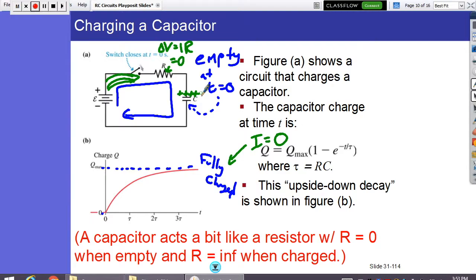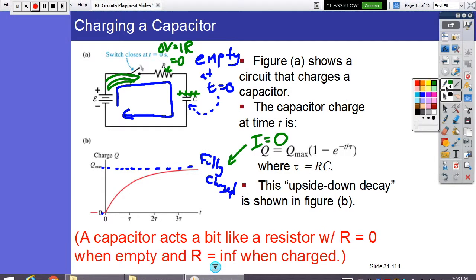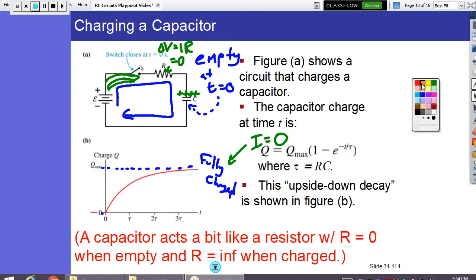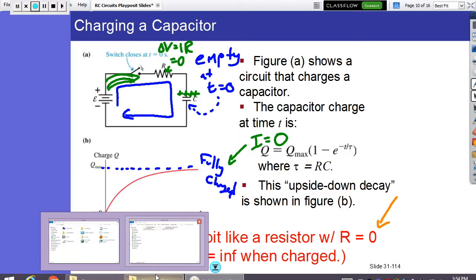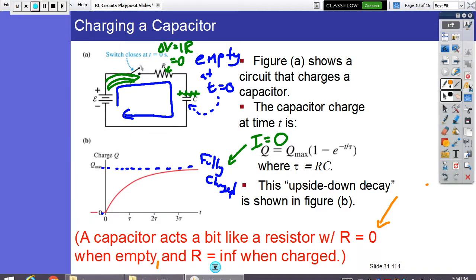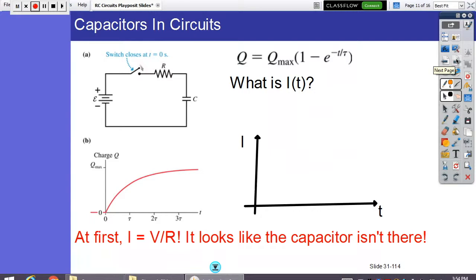And so there's this argument that I'm going to make, and a way that I like to contextualize thinking about RC circuits is that a capacitor acts a bit like a resistor sometimes. It's not a resistor, but it kind of acts like a resistor, which has no resistance when it's empty, and infinite resistance when it's fully charged. So what do I mean by that? And again, let's kind of consider that. If my charge is increasing over time and kind of exponentially approaches my full value,